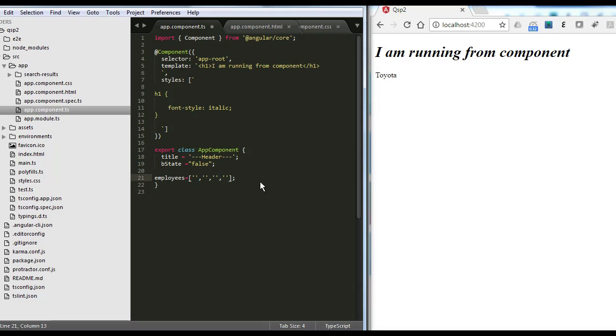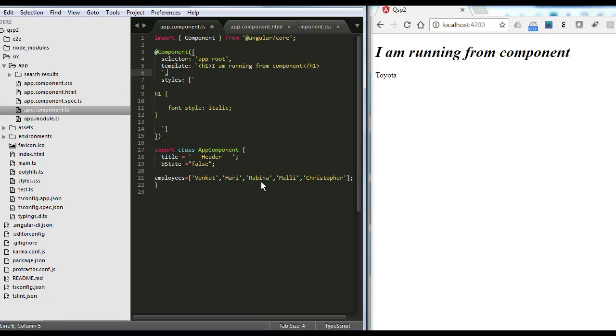So employees, so let us put Venkat, Harry, Rubina, Ali, and maybe Christopher. Okay,